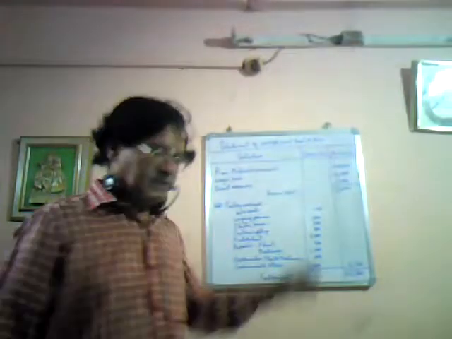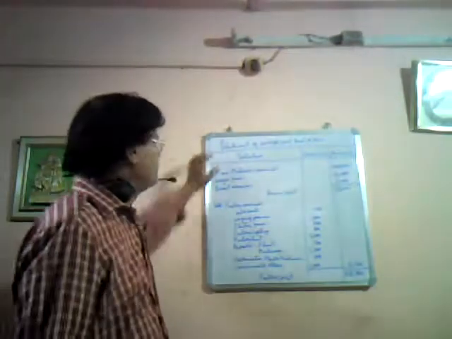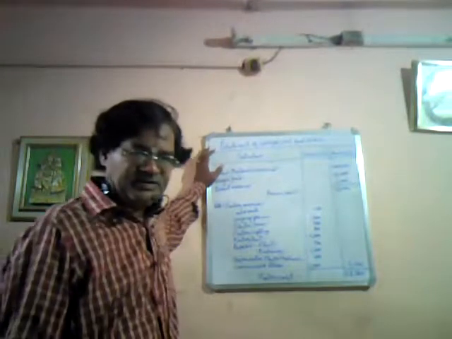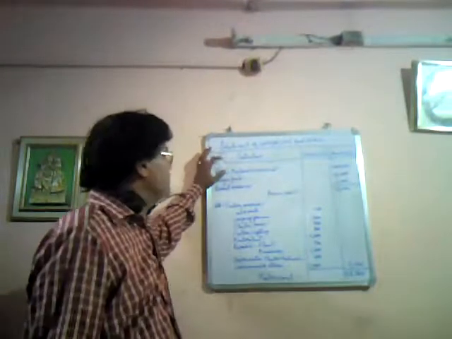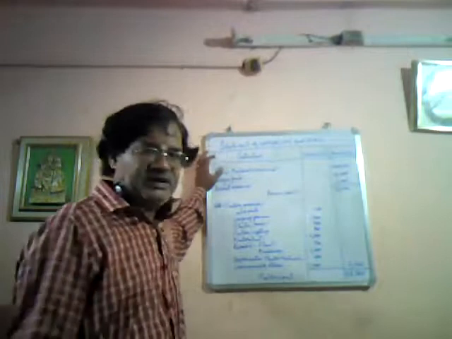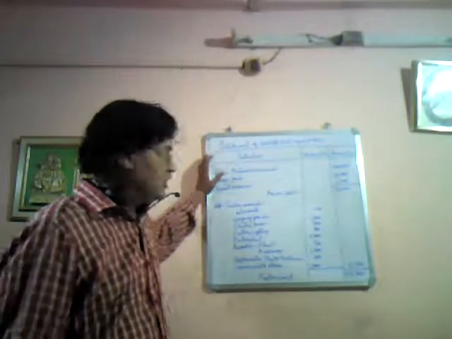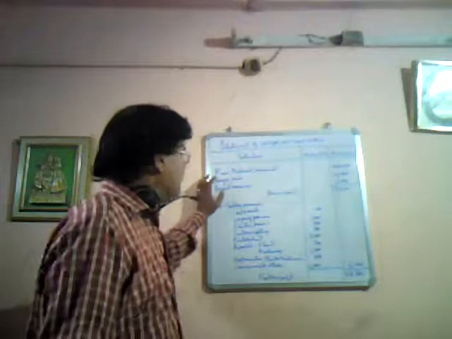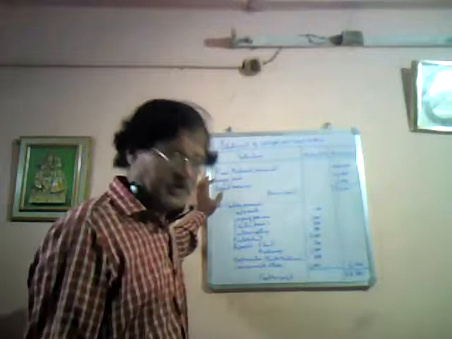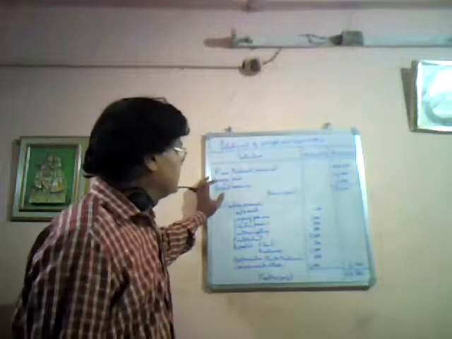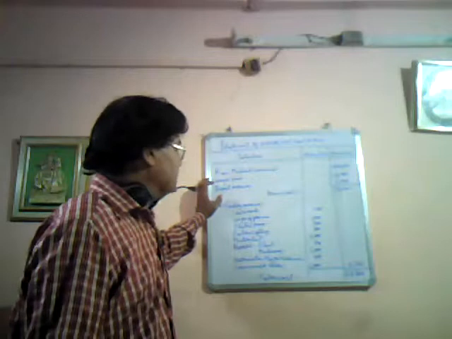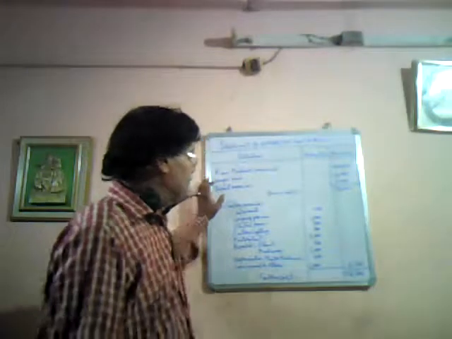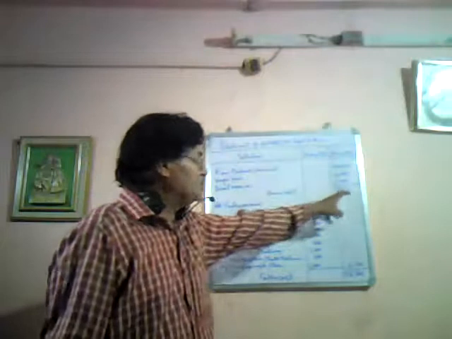That is nothing but, if you take into account, a statement of cost or cost sheet for the year ended 31st December 1979. It is nothing but a statement. So, you will have particulars, inner column, outer column. Next, raw materials consumed 40,000. Next, wages paid 10,000. Direct expenses 2,000. So, if you add all these things, you'll get prime cost 52,000.